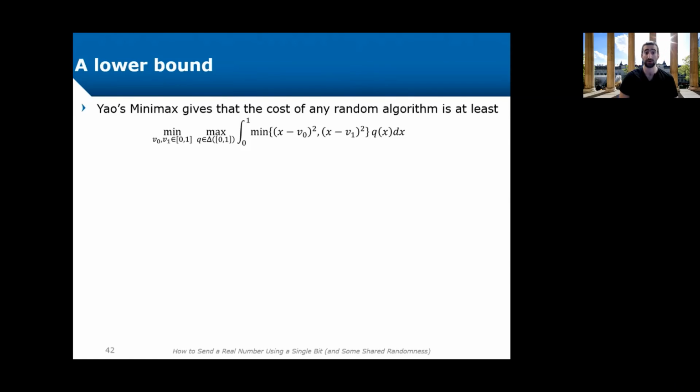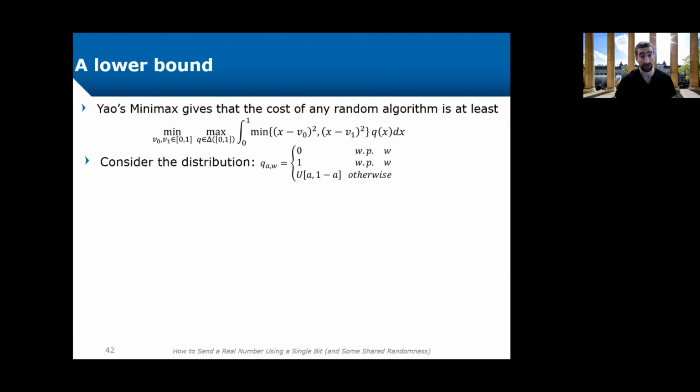So we propose to look at the following distribution. It has two parameters, A and W, and in this distribution, with probability W, X is going to be 0. With probability W, X is going to be 1, and otherwise, it's going to be uniformly distributed between A and 1 minus A. Now, even for this distribution, we don't know what the optimal deterministic algorithm looks like.